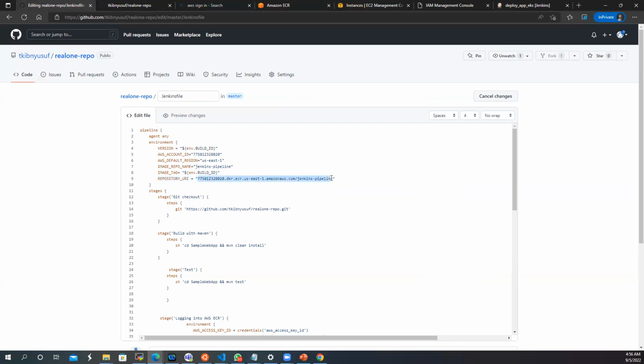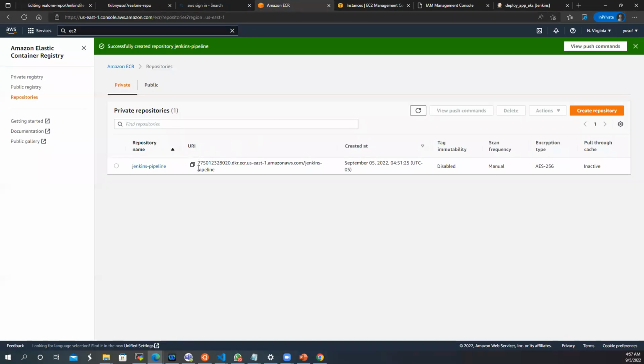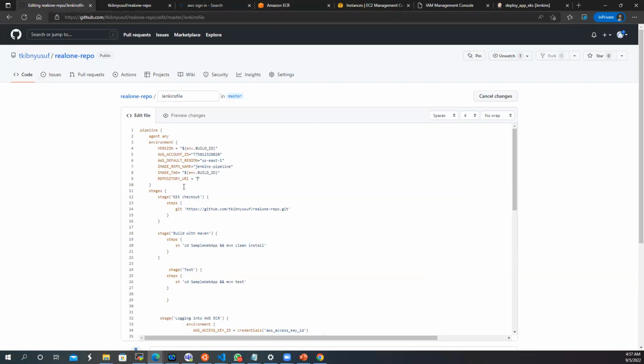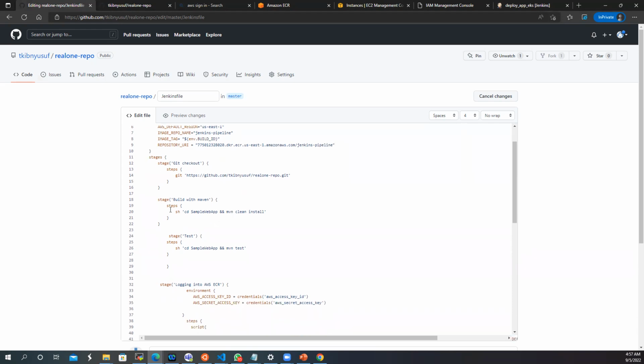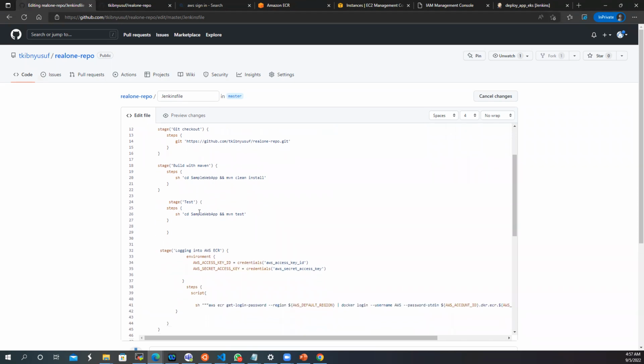So let me remove this and go get my repository URI. Let me go to my Amazon ECR. This is the URI from my repository. I will copy this, come back to my Jenkins file and paste it here. So this is for the repository URI, and this is for my Git checkout. I specify my Git URL, which is this, and this is the syntax where Maven is going to build the code, and this is where it's going to perform